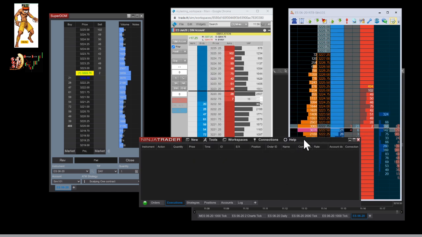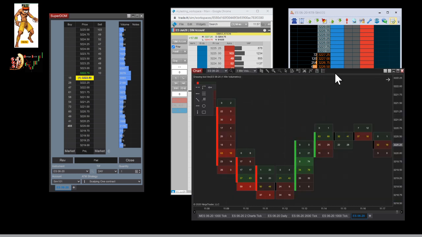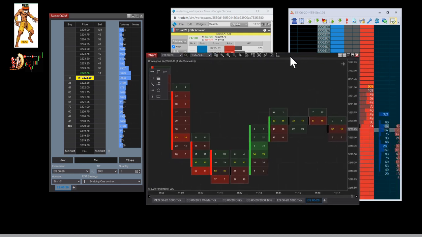Okay, so those are the three solutions that you can have. This one is, I think, the one you can start. Maybe you can use this one because they give 30 days for free, so you don't need to activate even your Superdome static. And then if you really want to get serious about it, I think that Jigsaw is the best tool out there, right? Now, another tool to be able to have the inside print if you still don't want to use Jigsaw.